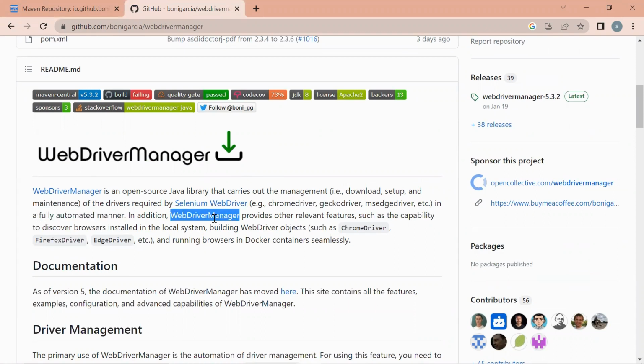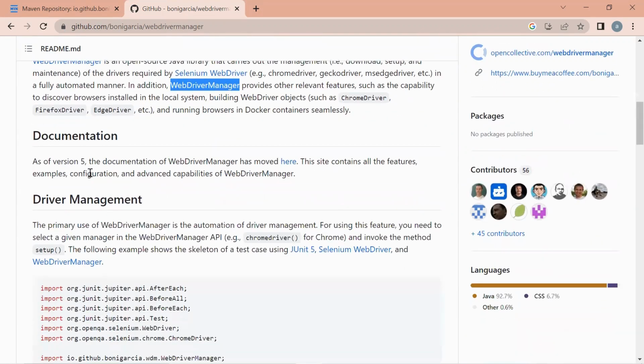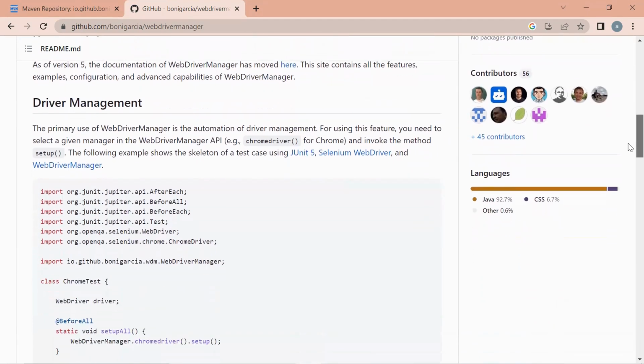In addition, WebDriver Manager provides other relevant features, such as the capability to discover browsers installed in the local system, building WebDriver objects such as Chrome driver, Firefox driver, Edge driver, etc., and running browsers in Docker containers seamlessly. So these are the various documentation we have for WebDriver Manager. If I go below here,